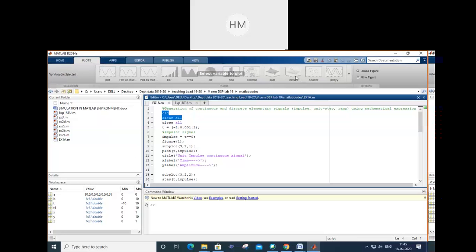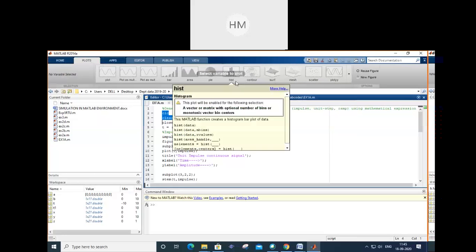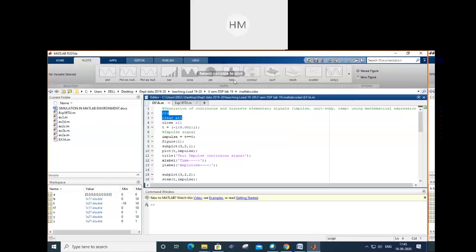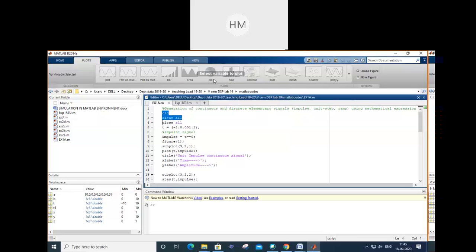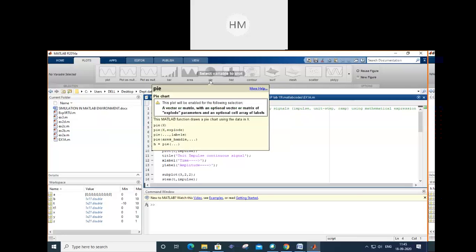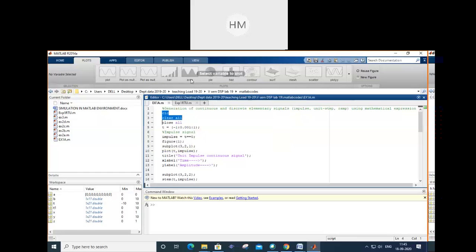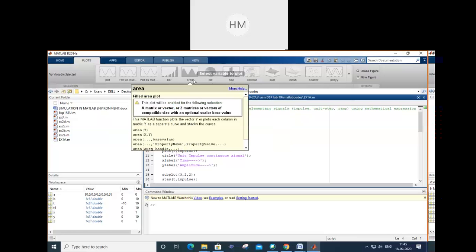You can plot a mesh analysis, contour, histogram. See, by placing the cursor on this, you will get the meaning. It's a histogram bar plot. Pie chart, you can get, you can find the area of any structure.